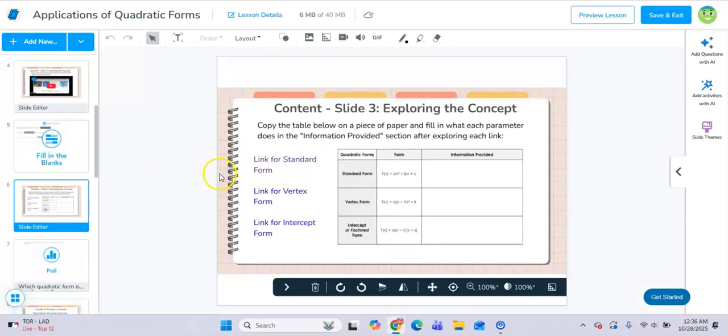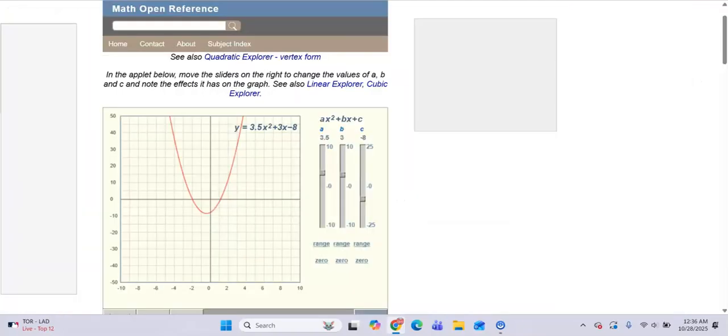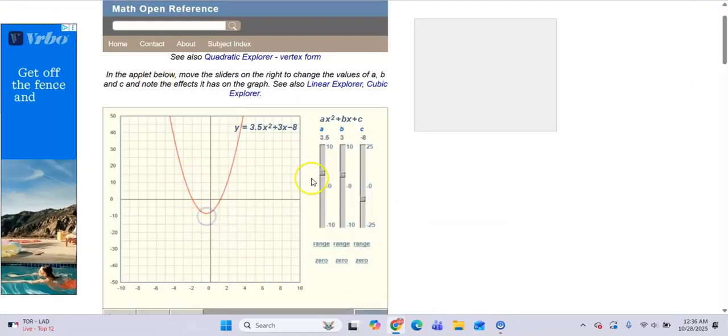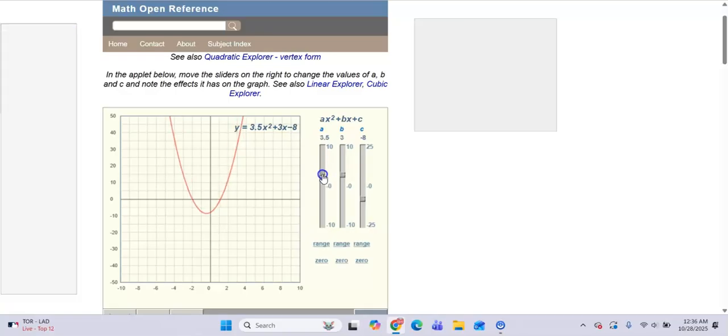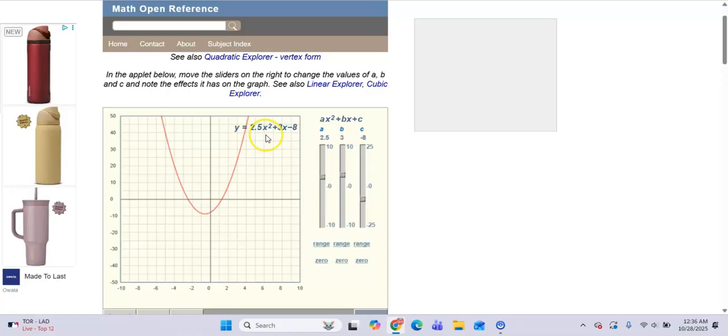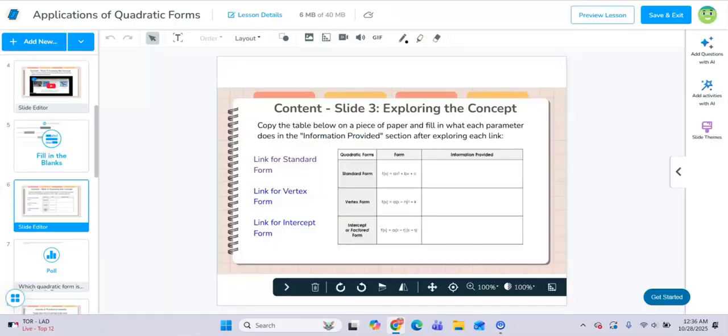And then for my third slide of content, I had students go to different links talking about standard form of a quadratic function, vertex form, and intercept form. And then after going to these links, they would fill out a table that they would copy on their paper. On these links that students click, they're able to explore these different forms. This is standard form, and they're able to